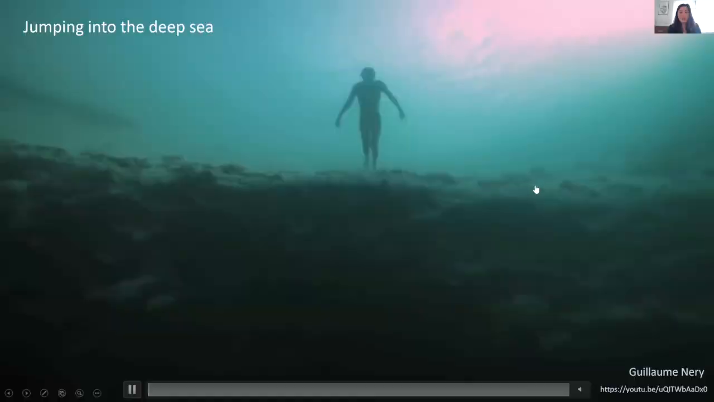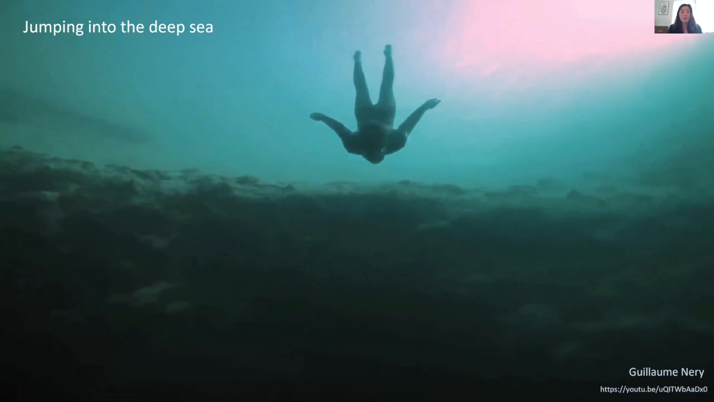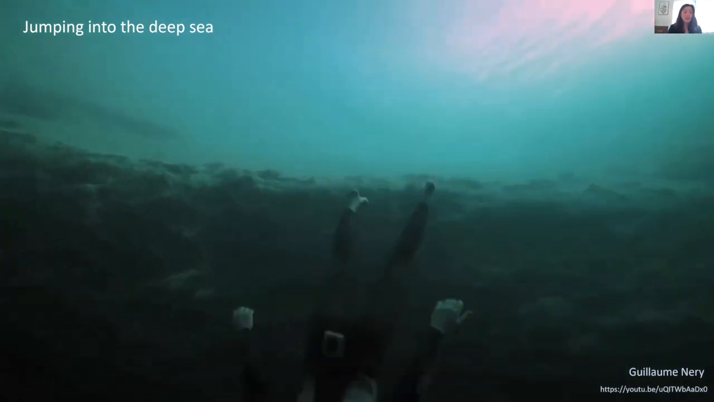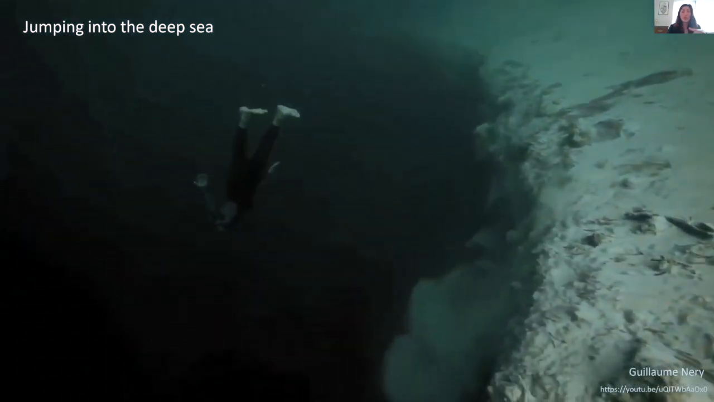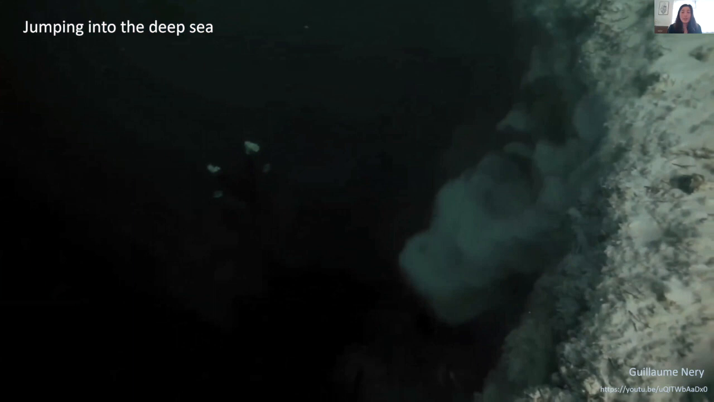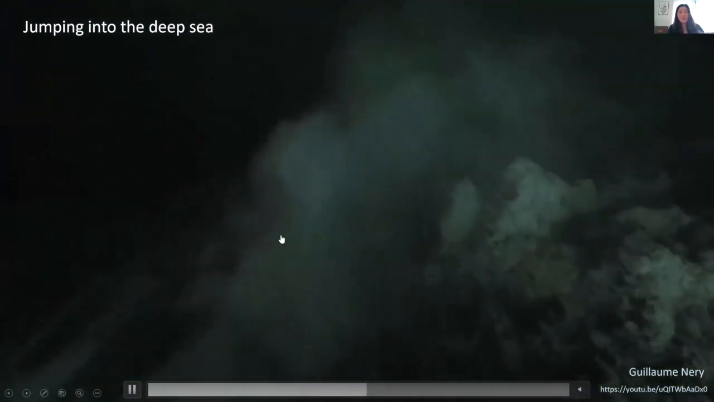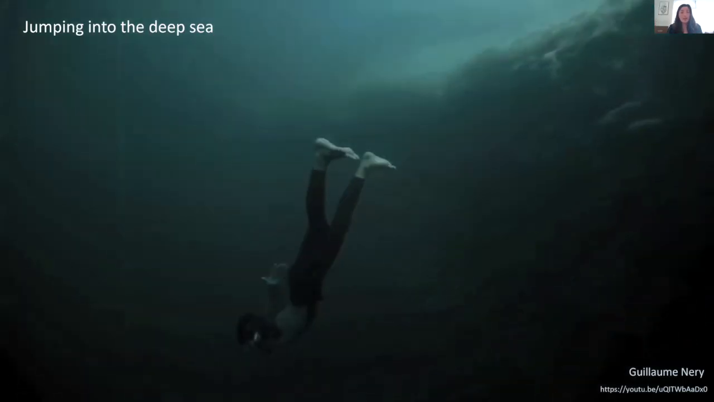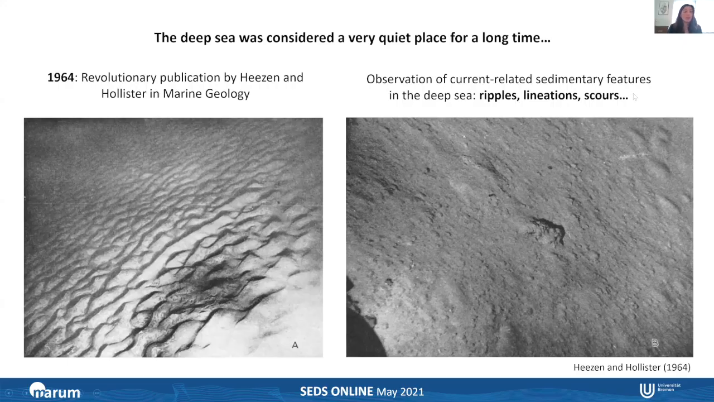So first of all, let's jump into the deep sea. The deep sea was for a long time considered a zone that was very quiet with very weak currents, and most of the sediment transport was supposed to be controlled by gravitational processes, as we see here. For example, there were turbidity currents flowing down, and this would be the main transfer of sediment to the deep sea. But with time, especially in the 60s, there were some revolutionary publications that showed that actually in